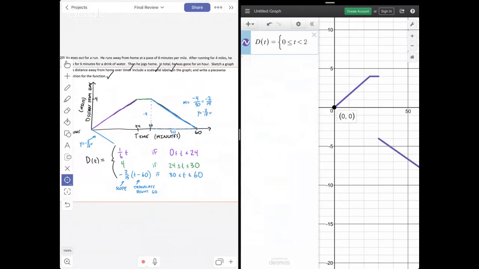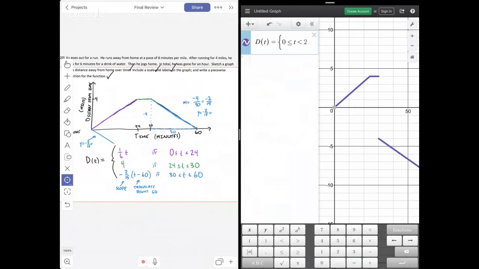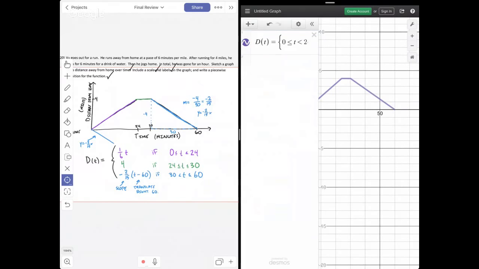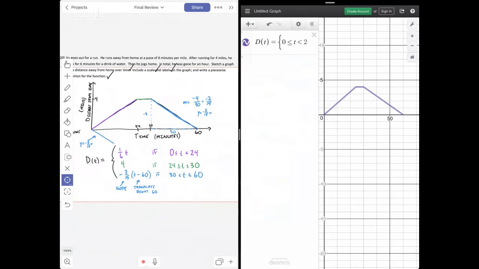Again, I could have just moved it up, but I would have had to figure out the math to figure out how to move it up. So what I can do a lot easier is just move the function to the right by saying, I don't want negative 2/15 t, I want negative 2/15 t minus 60. And then it matches so very well because it stops here at 60. Sweet. That's what the graph should have looked like.